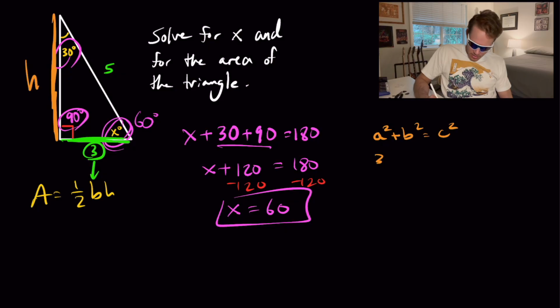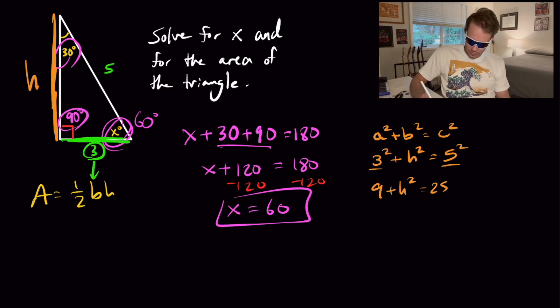So we'll have 3 squared plus b squared. Actually, we're going to be using h because we're calling it the height, so I'm just going to replace the b with an h. h squared equals c squared, which is going to be 5 squared. 3 squared is 9, so 9 plus h squared, and then 5 squared is 25. I'm going to subtract 9 from both sides, and I'll get h squared is equal to 16. I want h, not h squared, so let's take the square root of both sides, and we'll get h is equal